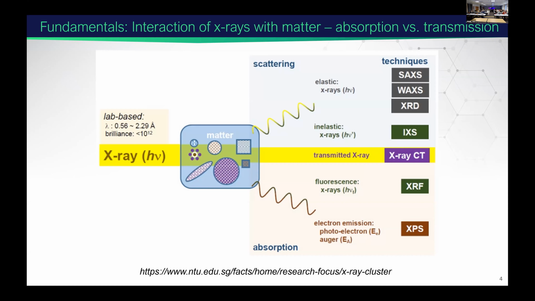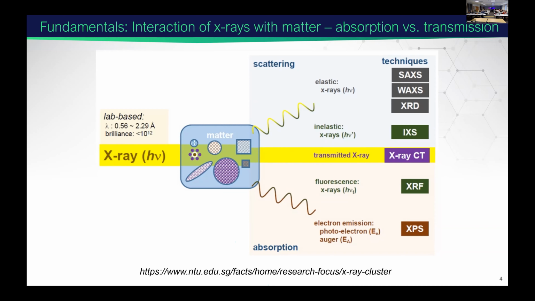X-rays interact with matter in a variety of ways. Some of the X-ray photons get absorbed, part of it gets transmitted, and some of it that gets absorbed leads to electronic excitations that results in applications, different X-ray techniques that can probe those, such as X-ray absorption spectroscopy, X-ray fluorescence spectroscopy, X-ray photoelectron spectroscopy, and some of it gets scattered, diffracted. You can do inelastic X-ray